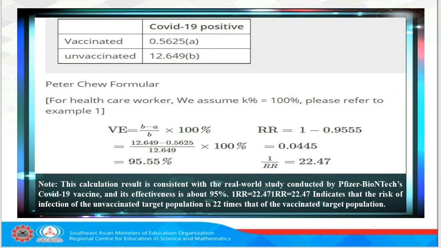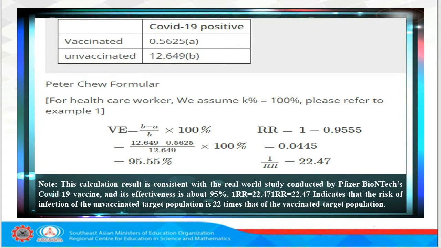5. News. The 5th of February 2021. More study shows Pfizer vaccine 95% effective. A real-world study conducted among healthcare workers in Malaysia showed the Pfizer-BioNTech vaccine was 95% effective in preventing COVID-19, Dr. Adam Babar said today. Note, by using public news information, the public can use the Peter-Chu formula to easily calculate